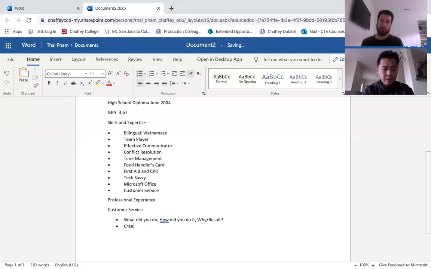So what did I do? Created a spreadsheet of savings by inputting data into Microsoft Excel, resulting in a 50% increase of overall savings, whatever the case may be.